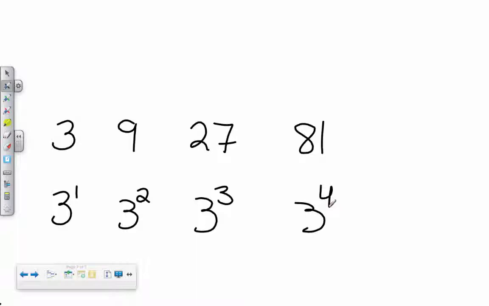Now, we could take this a step further and we could say, okay, 3 to the 5th. What could that possibly equal? How would you do that on a calculator? Because I'm not going to ask you to do a problem like that in your head. That's a lot of mental math. What would you do, Savannah? You do 3 times 3 times 3 times 3 times 3. Excellent. 80 times 3 is 240, plus 3 is 243.